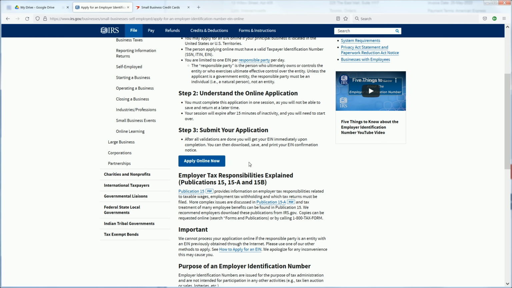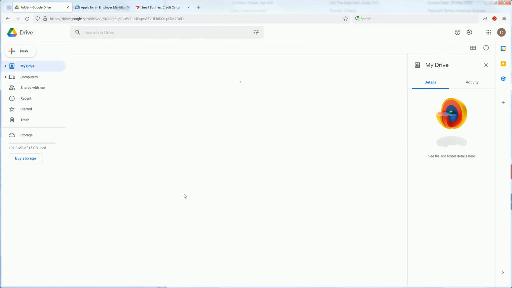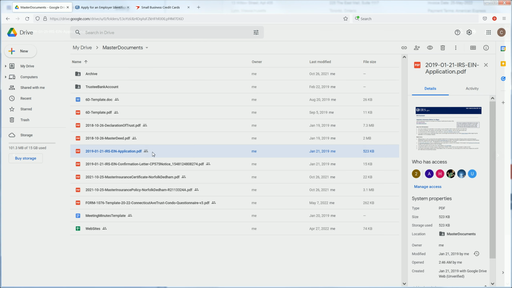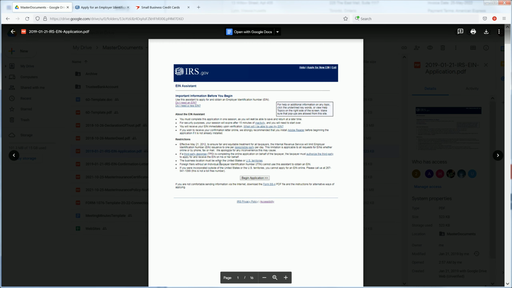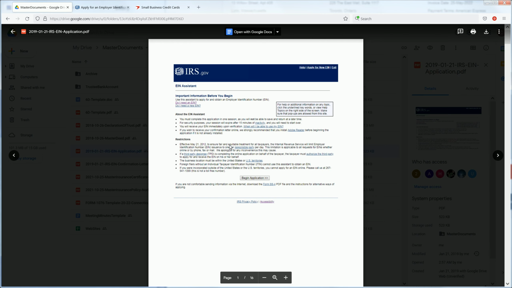And for the employee identification number, it does actually have a choice for homeowners association or condo association. So luckily, because I keep good records here in the master document, I actually have a record of applying for this. You could see once you click on this particular button here to apply online, it will go through a series of questions,